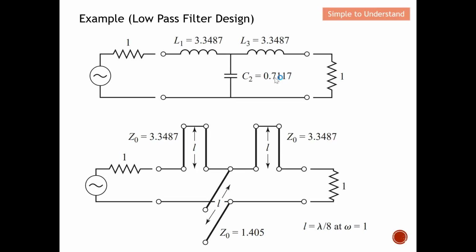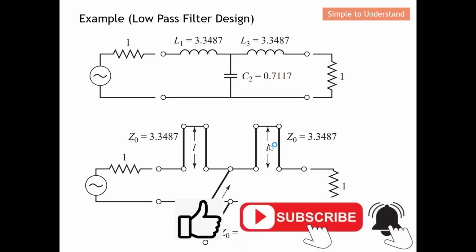This is after implementing the Richards transformation. I now have the transmission line model and I'm ready to implement on microstrip line. However, before I can actually implement on microstrip line, it is always very challenging to represent the series stub on a microstrip line. It will be very easy to represent an open circuit shunt line, but the series I may have some issue. So what I need to do is, I will mention this, but before I mention this, guys, again,